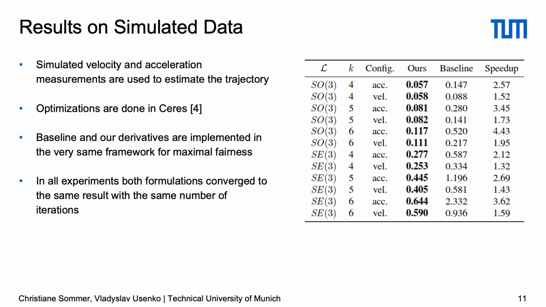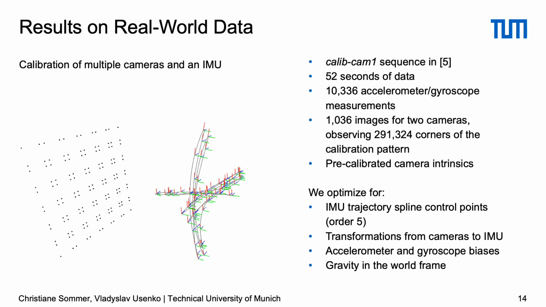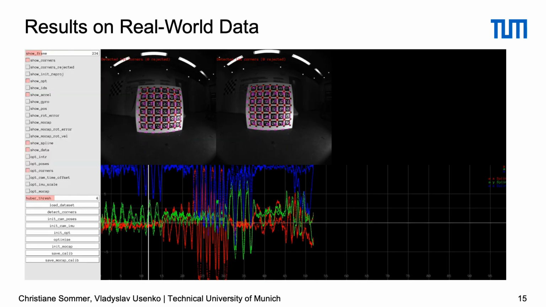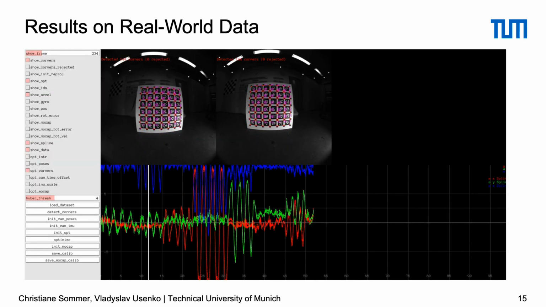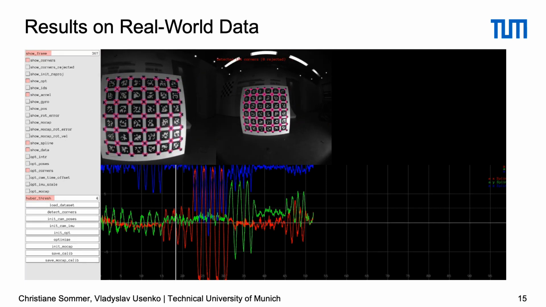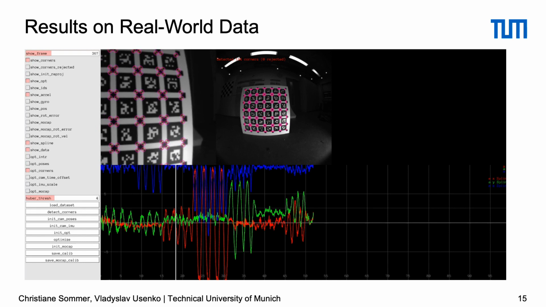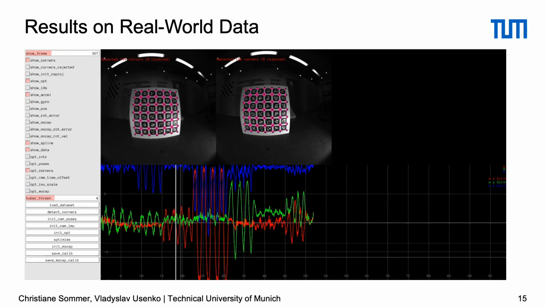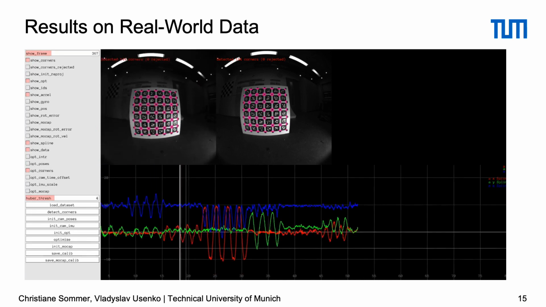for both. To demonstrate our approach on real-world data, we use the task of camera IMU calibration. We optimize for a set of parameters including the control points of the spline representing the IMU trajectory. In this video, you can see the visualization of the optimization process. In the plot below, solid lines are accelerometer measurements computed from the spline that we optimize, and dashed lines are the actual IMU measurements. After 12 iterations, the optimization process converges and we can see the spline data fits measurements